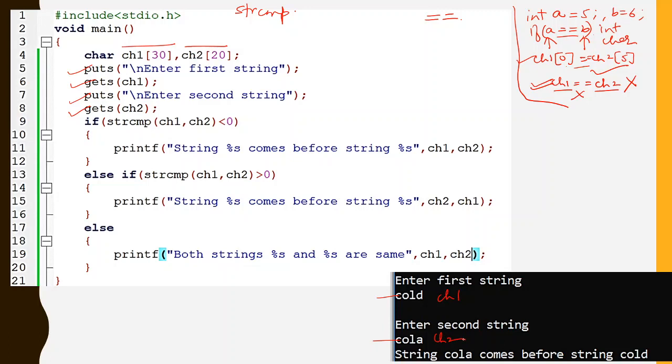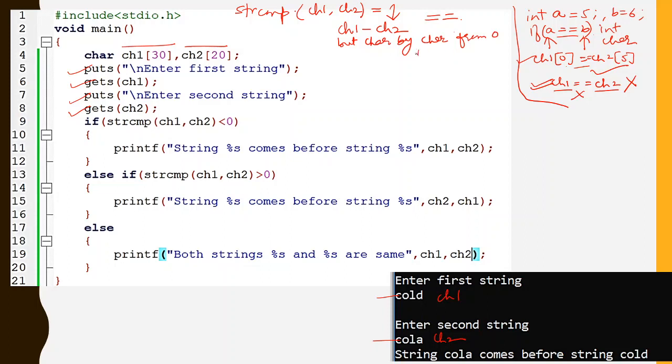Now consider this operation: suppose ch1 minus ch2 were allowed. Doing strcmp of ch1 comma ch2 is similar to doing ch1 minus ch2, but character by character, from the zero index.